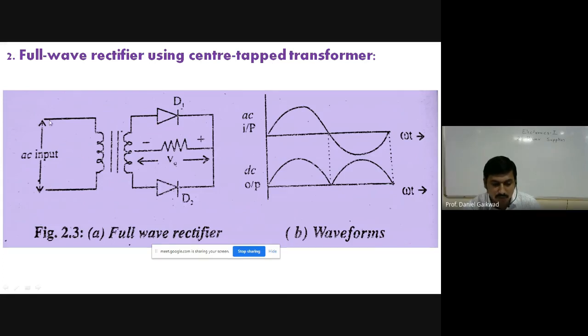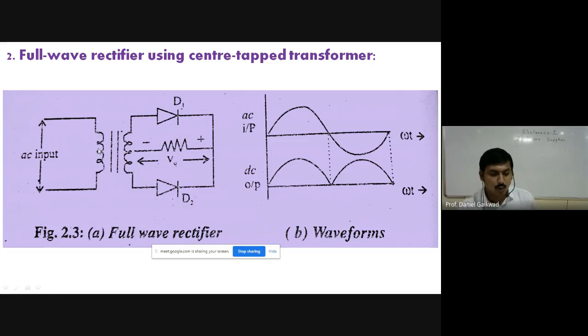Now check carefully. We have the AC input. So AC input again from the AC main supply will be connected to the primary coil of the transformer. Then we have the core of the transformer. Then we have the secondary coil of the transformer, and it has 3 terminals. One, or first terminal of the secondary, then we have the second terminal of the secondary, and it has a central terminal. That is called the center tap terminal of the secondary coil of the transformer.